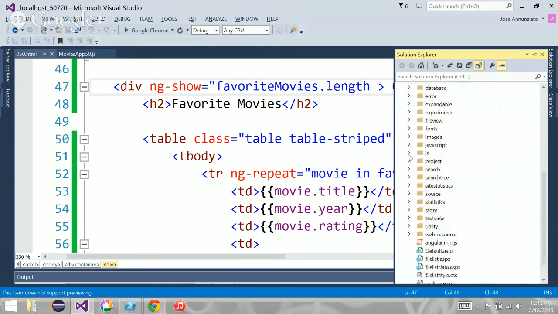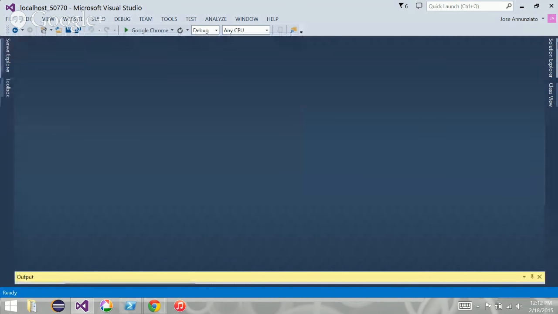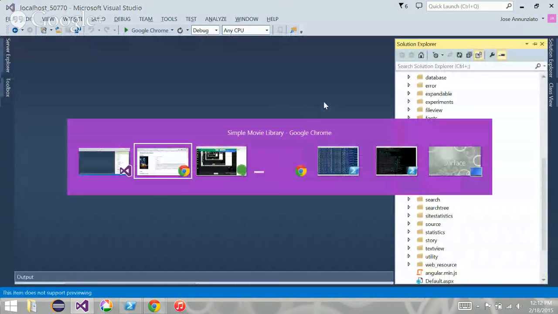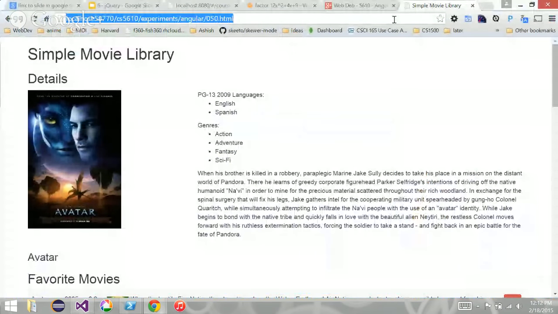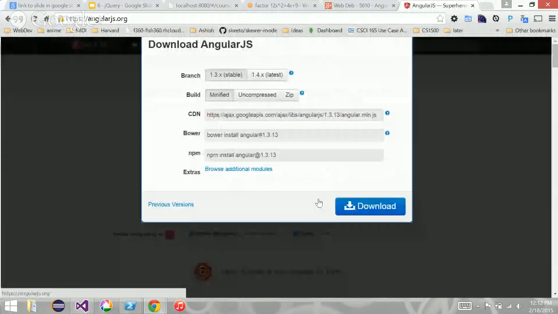Let me see. We go to JS. I did not download it, so let's download it. Let me close that. And let's download the routing mechanism. We'll go to AngularJS and say download.